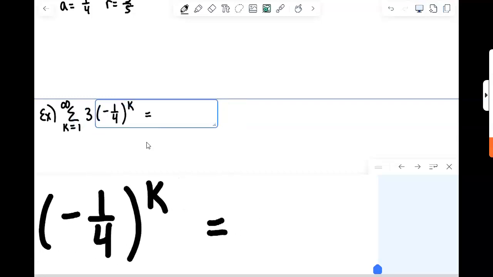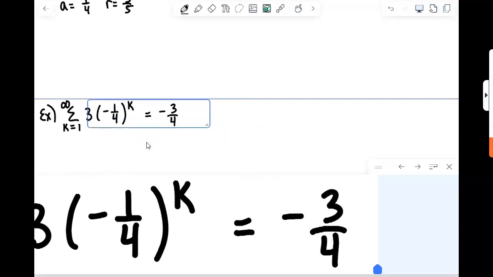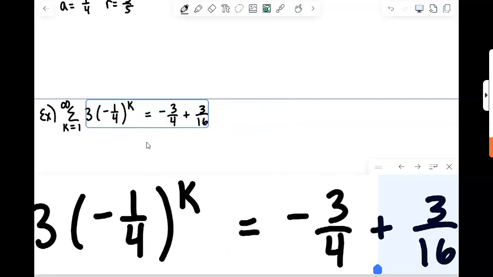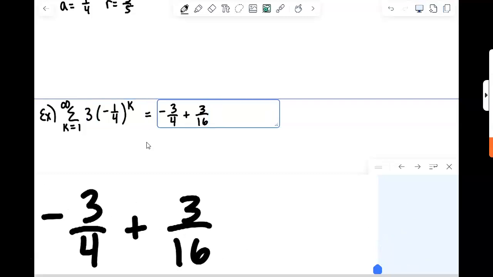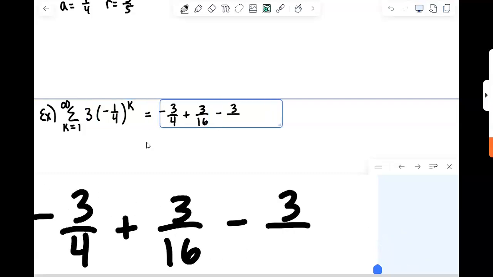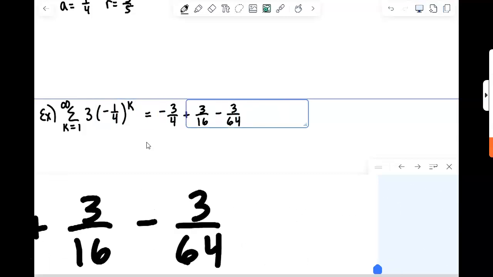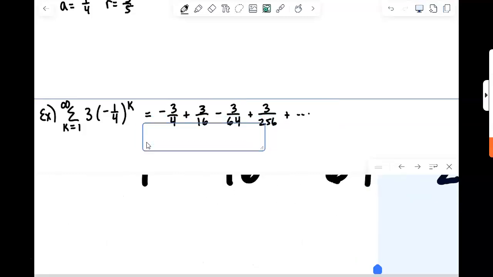K equals 1, that would just be negative 1/4 times 3, so negative 3/4. K equals 2, that would be negative 1/4 squared, which would be just 1/16, so this would be plus 3/16. And then k equals 3, that would be negative 1 over 64, so minus 3 over 64. And then finally, k equals 4, that would be 1 over 256, so we're up to 3 over 256, and so on. So I just want to write the first couple terms out, just so we get a little feel